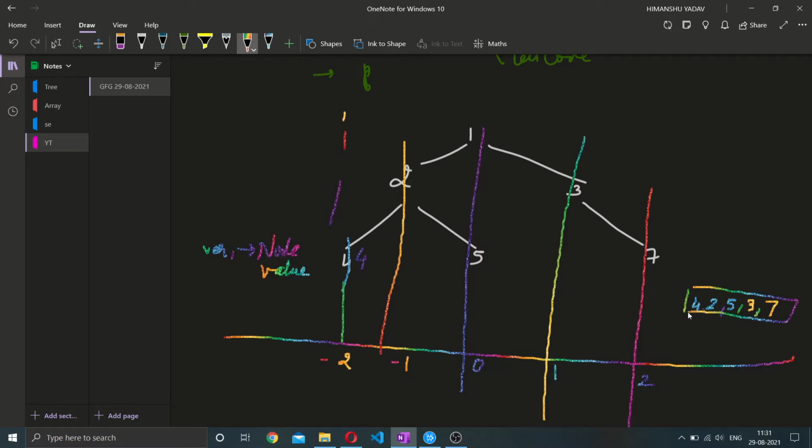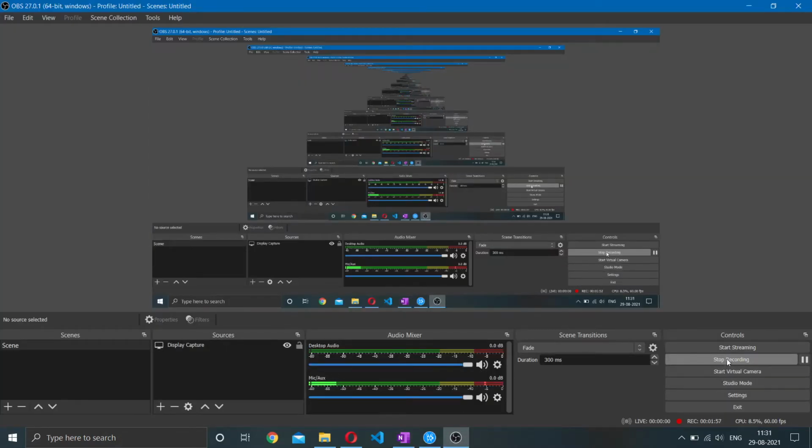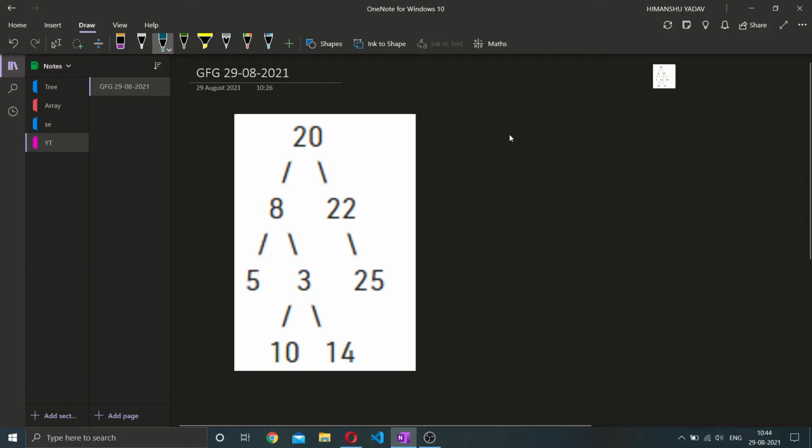We will use this logic, and we will use a map to map the vertical line with the node value. We are present at the root, like 20. In DFS we will make recursive calls.